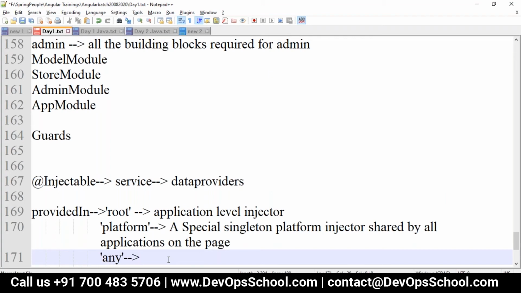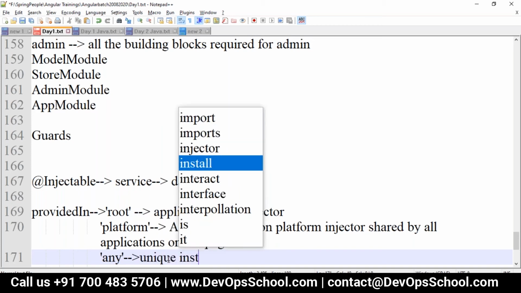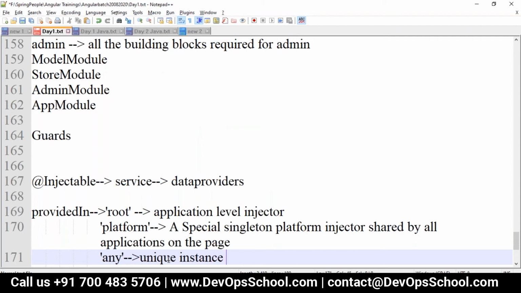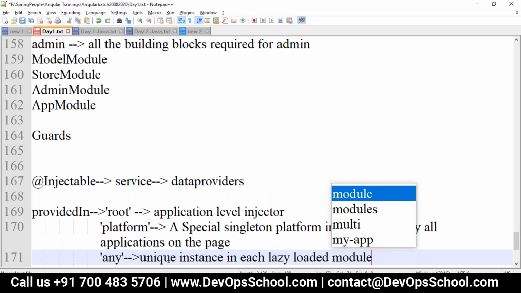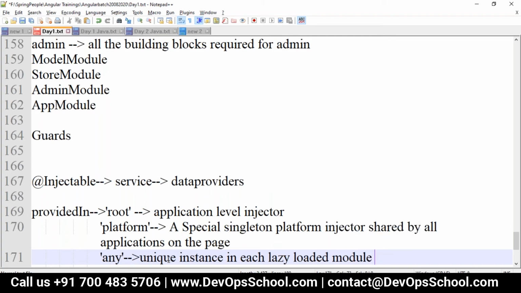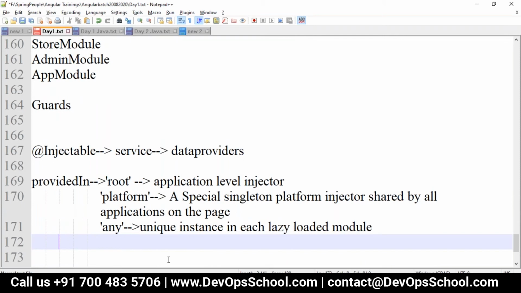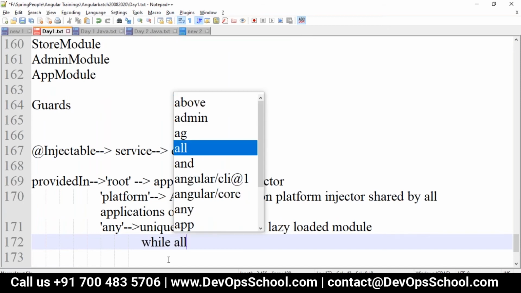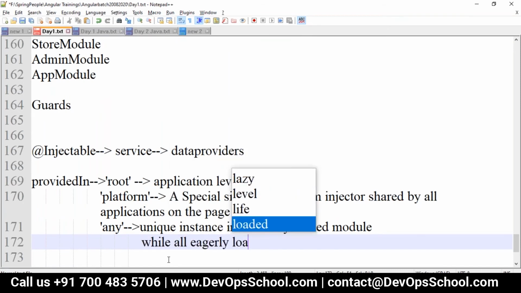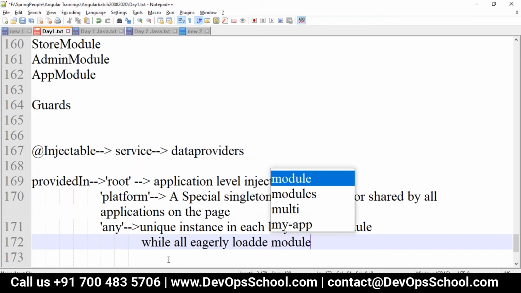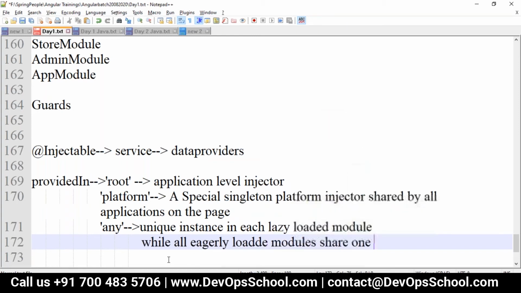It provides a unique instance of an Injectable in each lazy loaded module, while eagerly loaded modules share one instance.